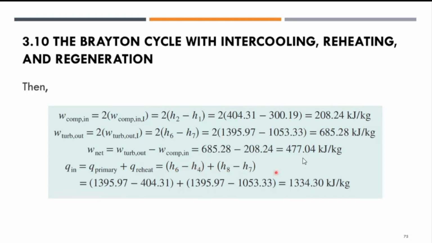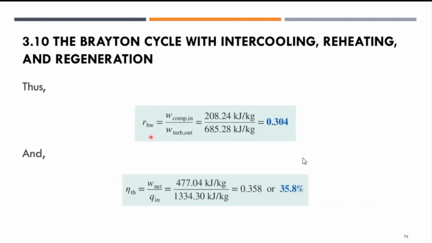You can then get the amount of heat addition into the system, right? Then you can work out the back work ratio, rbw, to become 0.304 and